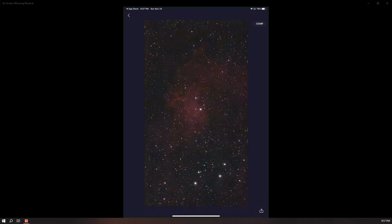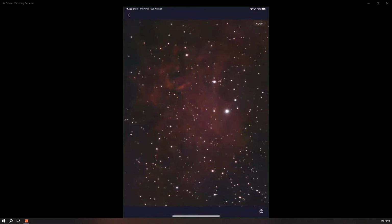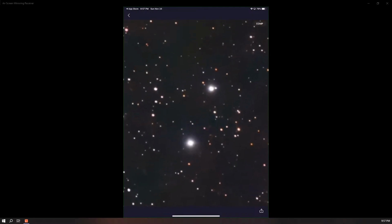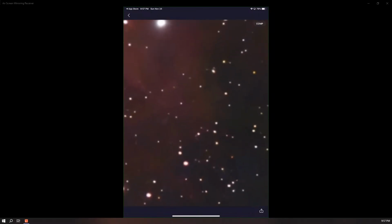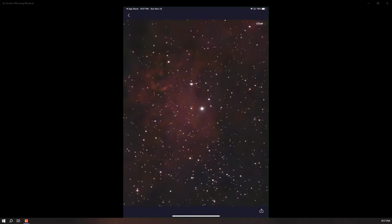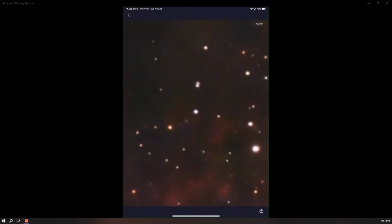Oh, there we go. Oh wow, this actually looks pretty decent. You can see structures. This is the Flaming Star Nebula. Lots of nebulosity. The stars look good. I can tell you that the denoising, since it's just a toggle, we can only turn it on or off and not control how much is denoised. It is extremely smooth. It's way smoother than I make my own images, but looking around,